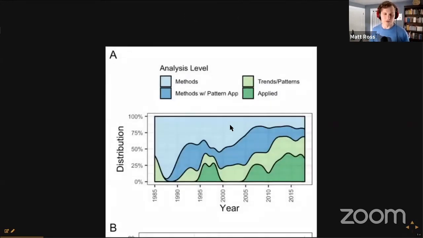And we pitch in this paper that the problem of not having an open access data set led to this long period of decades in the remote sensing of inland waters where we were really focused on two types of analysis in our papers. One was methods, with a slight description of patterns, but not really talking about trends and patterns in space and time, and definitely not usually talking about how we can use it to make decisions in the environment.